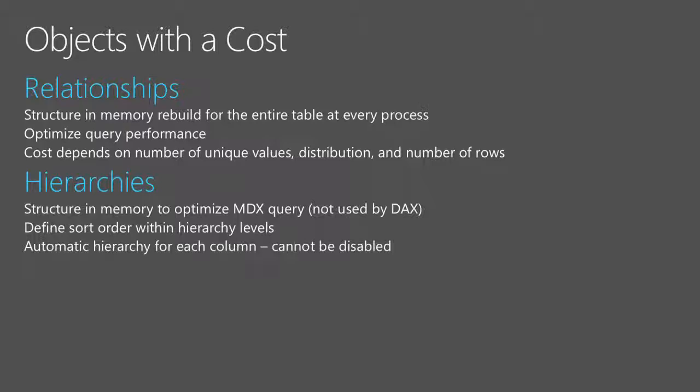In your model, you might have objects that have a cost. So you create a data model in tabular. A data model in tabular has tables, relationships, columns, measures, and so on. But what has a cost? Obviously, you import a table, you import columns. Columns have a cost. But remember that also relationships between tables have a cost, and hierarchies have a cost. Because in order to create relationships and hierarchies, the engine has to create additional structures in memory, that will be saved also on disk, that will consume memory.